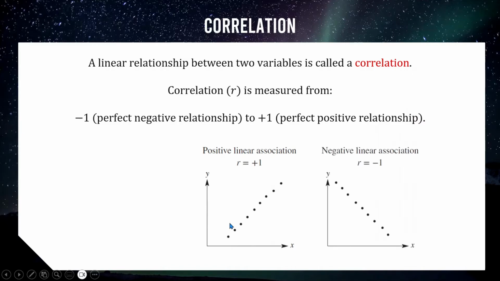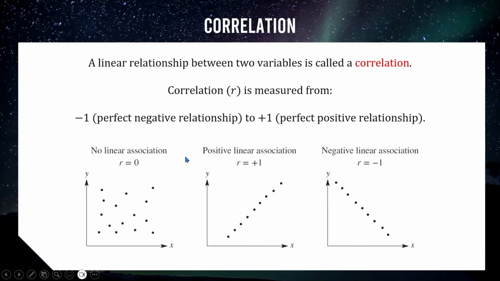If we have an R of -1, it's the same sort of shape, but it's a perfectly negative line. So increasing one variable is strictly decreasing the other, forming a perfectly straight line on our scatter plot. Now, halfway between those two, ranging from +1 to -1, in the middle is going to be an R value